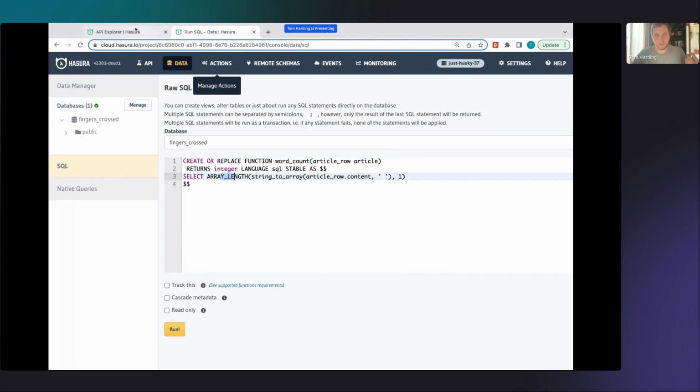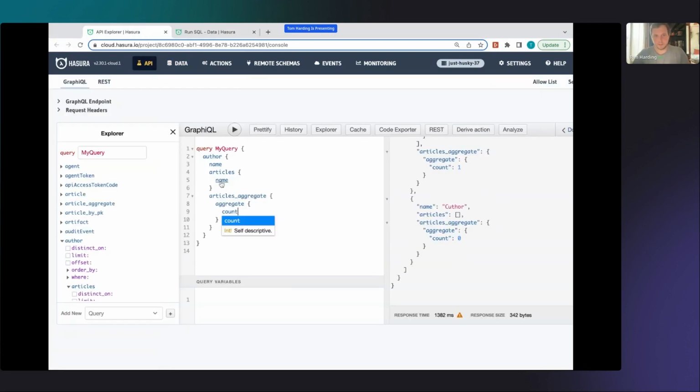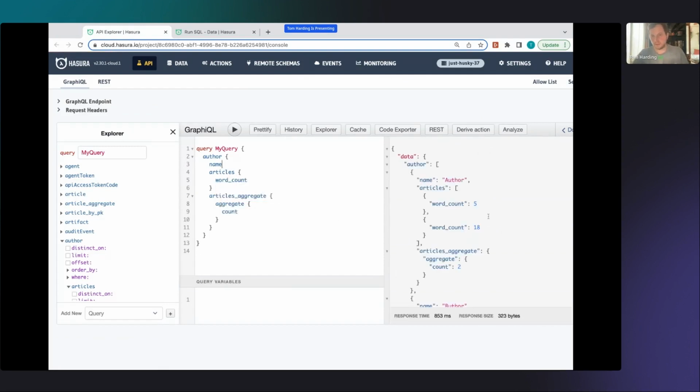So by adding that as a computed field, I can make this a little more interesting. And I can say, give me the word count of all the articles that each person has written. Great. So we have aggregation queries, which let us count rows, sum them, average them, what have you. And we have computed fields, which let you calculate values based on the data in that row. And it's a bit weird that we've never been able to aggregate the results of computed fields, but now we can. So we can ask very simple questions like,